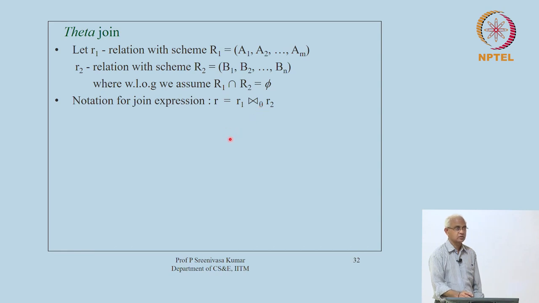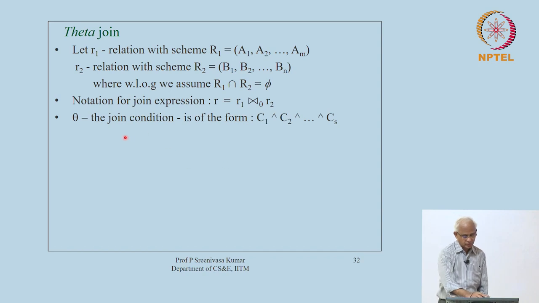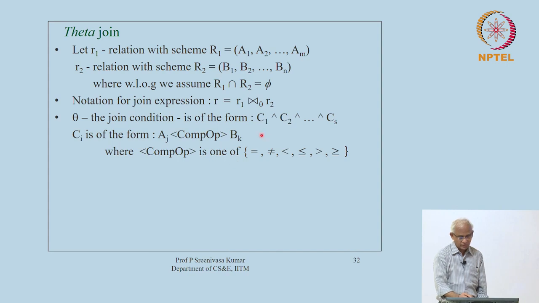What is the structure of the join condition, how should it be? We can assume that theta, the join condition, is a conjunction of certain atoms, where each of the Ci is of this form,